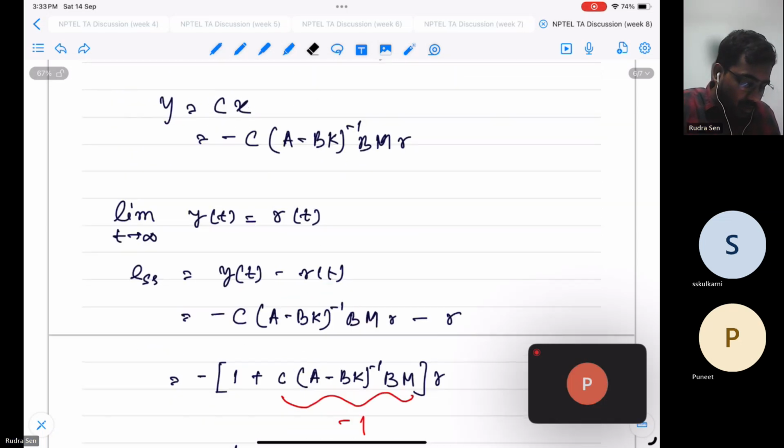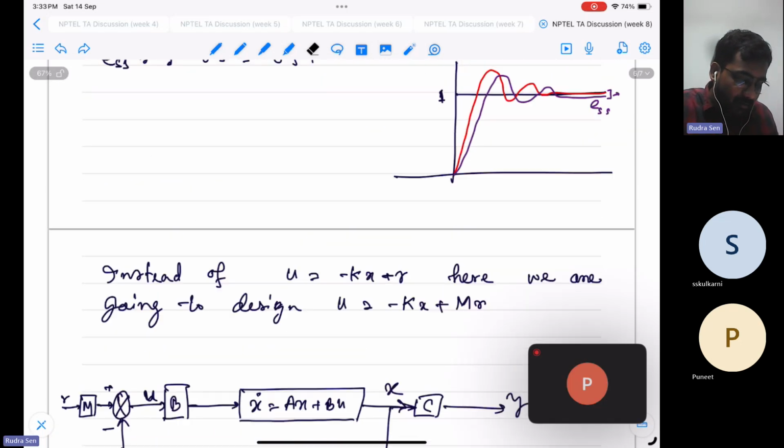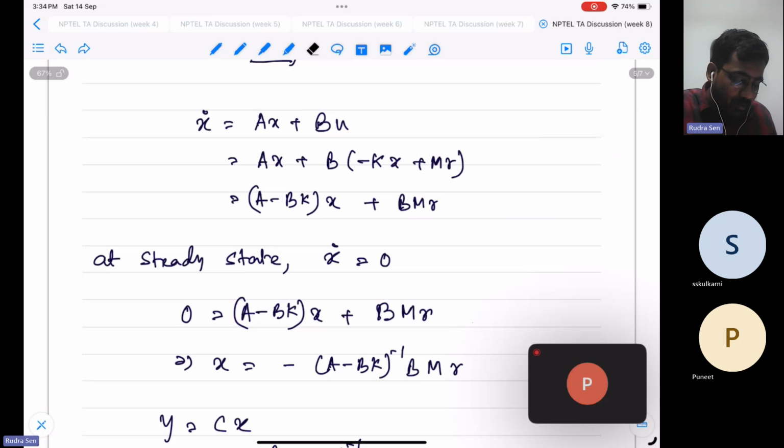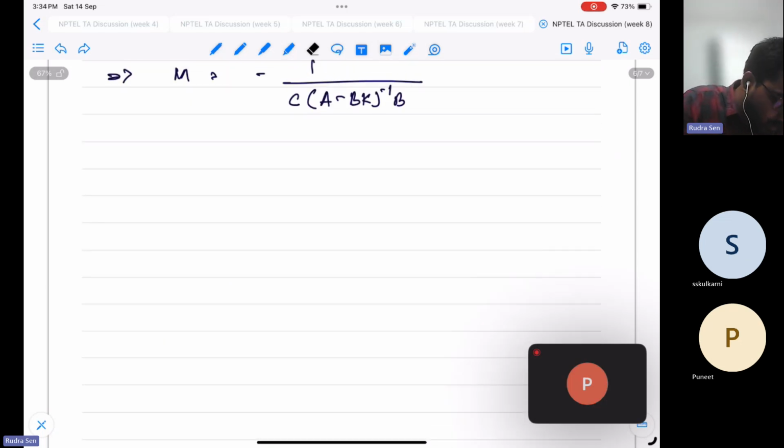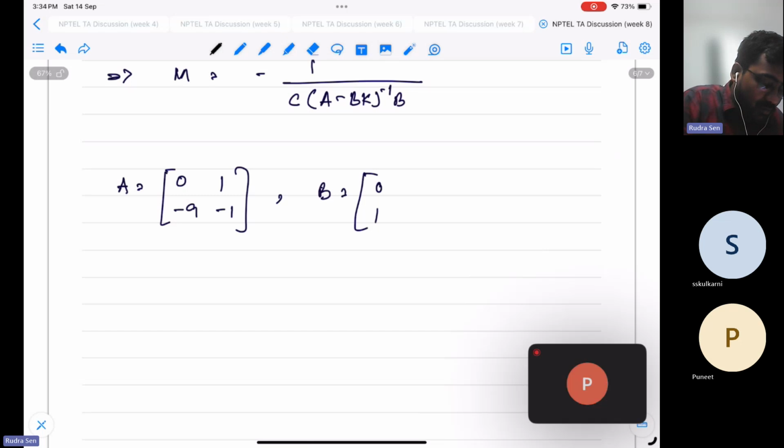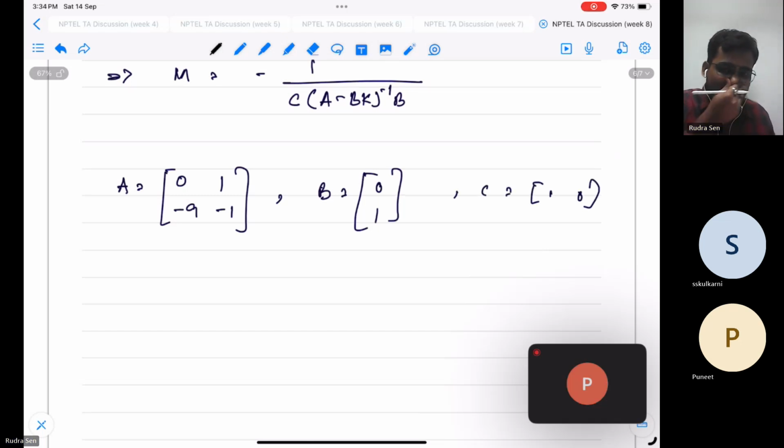So we have already designed K from here. Now we need to design M. Let's say we design for the similar case, where A equals [0 1; -9 -1], B equals [0; 1], and C equals, let's say, [1 0]. So therefore my M equals,